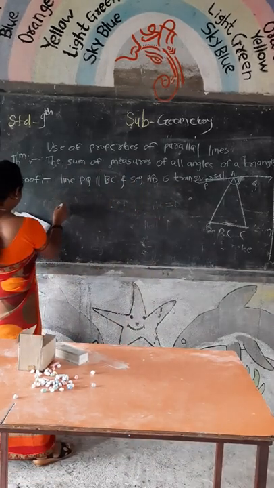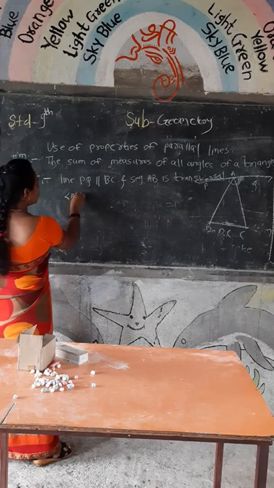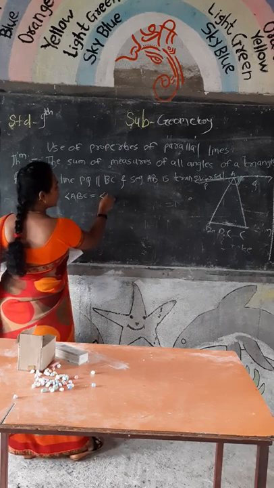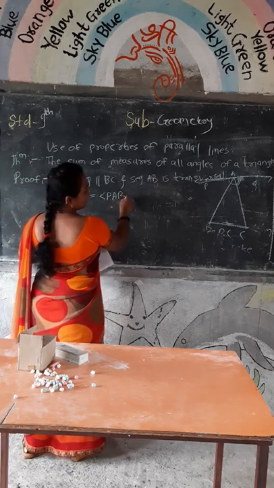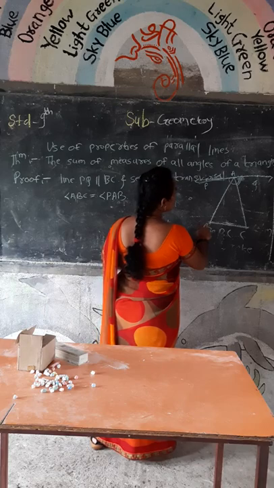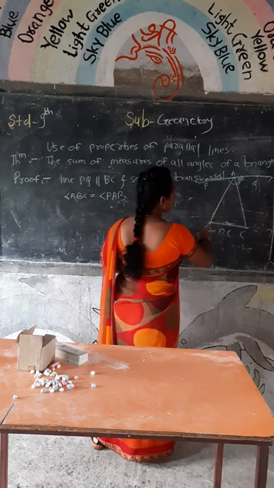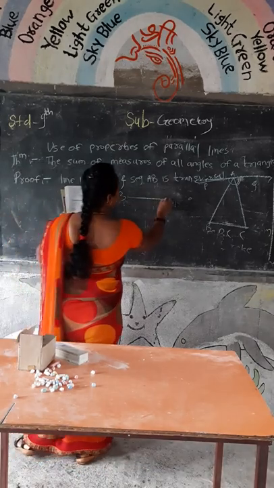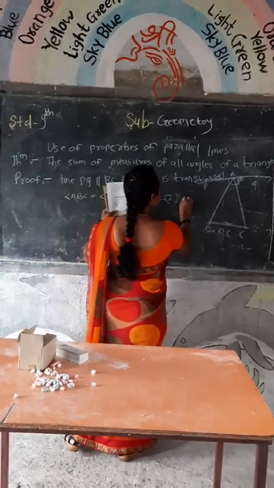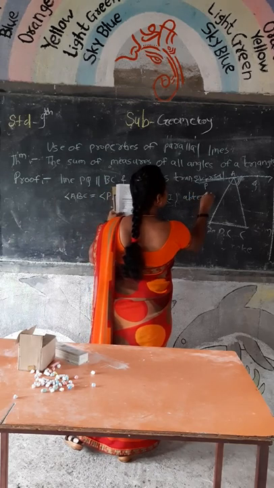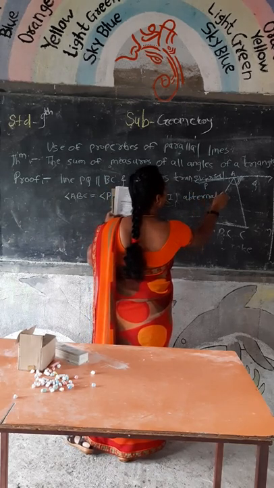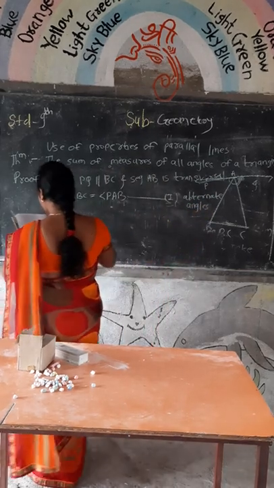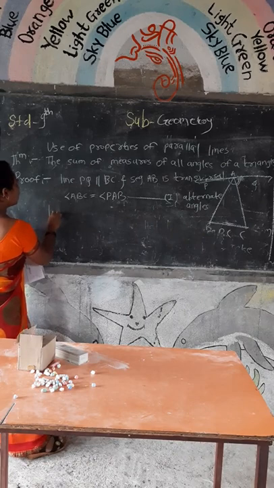Therefore, angle ABC is equal to angle PAB, alternate angles. The reason is the earlier theorem on alternate angles. Then the next step is line PQ parallel to line BC and